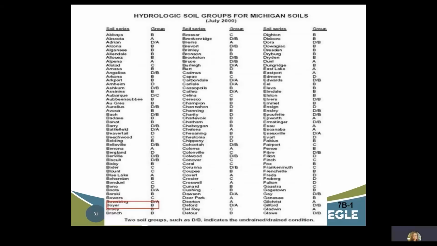Here is Appendix 7B, Hydrologic Soil Groups for Michigan Soils. Again, the problem tells us that the site has Boyer loamy sand. As you can see, Boyer is circled in red and is hydrologic soil group B. Please note that some soil types in this table have two letters associated with them, such as D/A. The first letter indicates the soil group in its natural condition. The second letter is for drained soils or if they have soil tiles. For the purpose of the exam, you will not encounter a soil type that has dual letters.